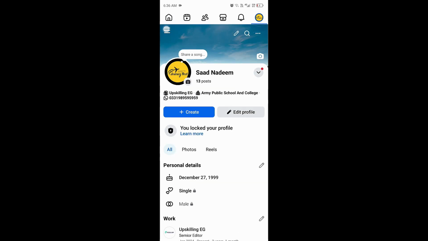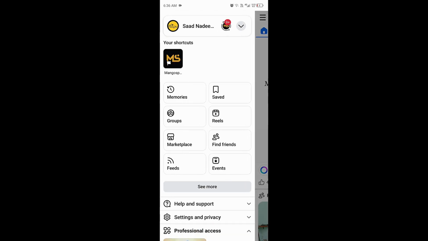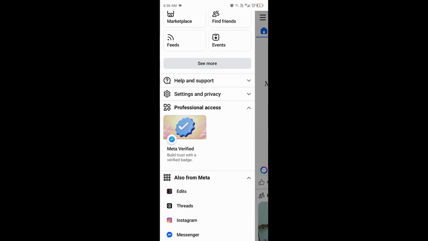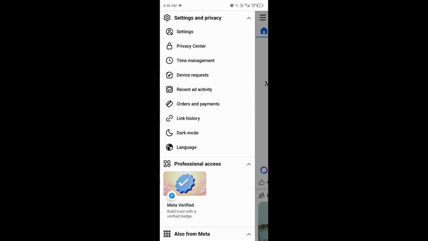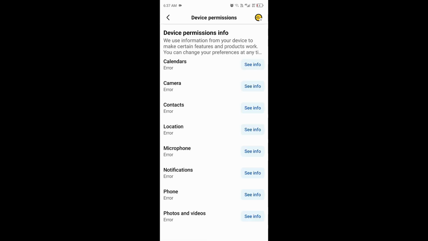And from here, just click on the three lines. Alternatively, if you're already on the home tab, you just click on the three lines at the top left hand corner and just scroll all the way down to the section of settings and privacy. Click on that and again click on settings. From here we scroll all the way down to the your activity section and click on the device permissions,